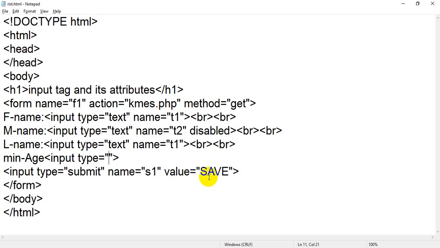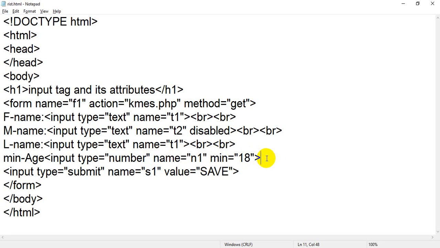You can also choose input type equal to number for the min attribute. In the min attribute you have to assign the minimum range in number. So input type equal to number, name equals to, for example n1, you can assign anything, and I am going to use the min attribute. Here you have to assign some value. So min equals to, you can mention minimum age, that is 18, for example.